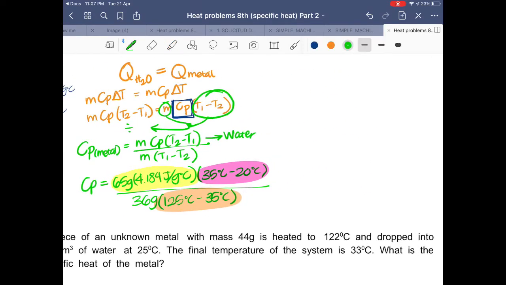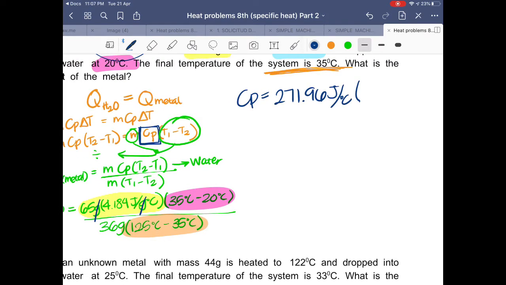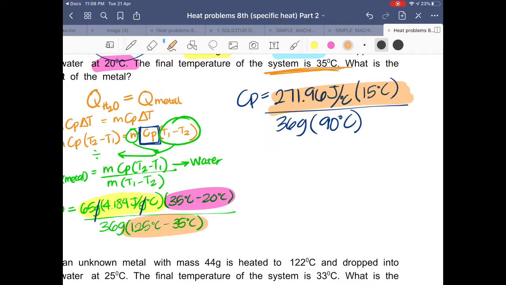So we put specific heat equals 65 times 4.184, 271.96. You cancel grams with grams, so you have joules over degrees Celsius, times 35 minus 20, which is 15 degrees Celsius, per 36 grams, times 125 minus 35, which equals 90 degrees Celsius. So now we will multiply this part right here. Okay, now we have specific heat equals